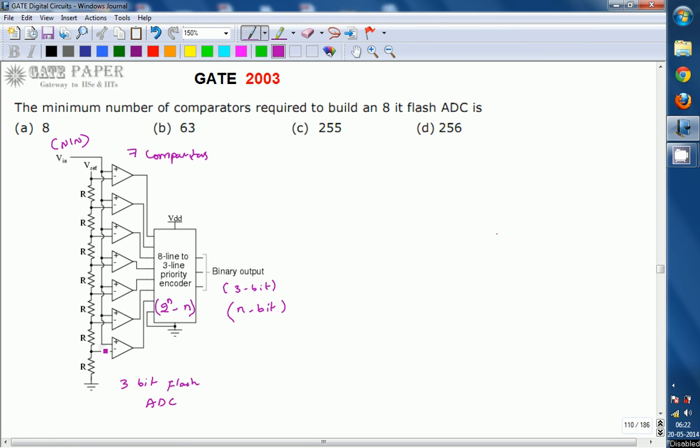By that time this is going to be 0 volts, ground level, and 1 volt you will get because of the voltage division rule. Only one resistor, the other resistors are going to be having other voltages. So 1 volt, 2 volts, 3 volts, 4 volts, 5 volts, 6 volts, and 7 volts. Like this you will get.